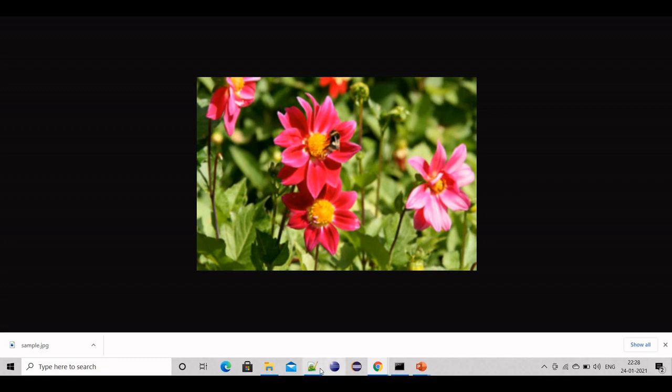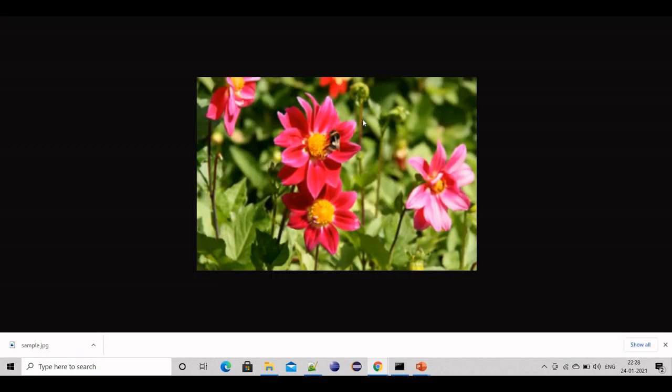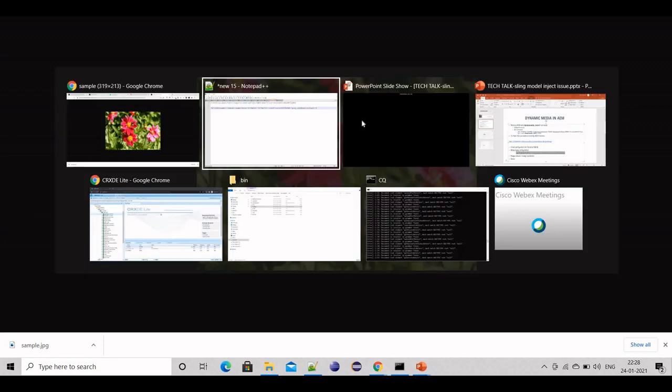I will just change it in the URL. Yeah, so I have changed it here to 319 and 319. This is how we can pass the query parameters, and using this preset feature we can get the required rendition from the image, or in the case of a video, maybe another type of preset we can use.